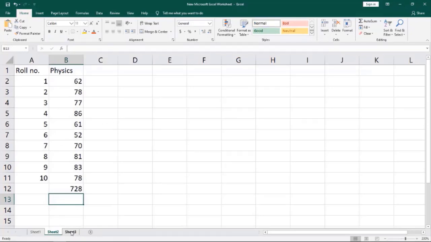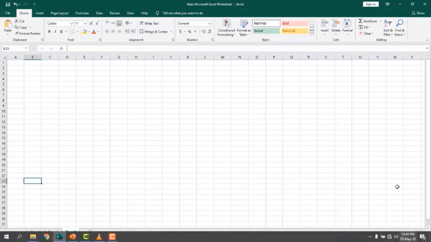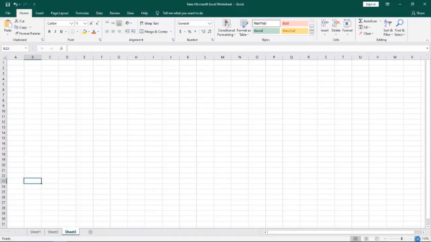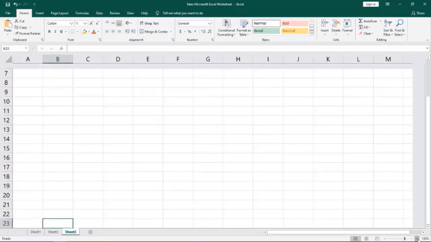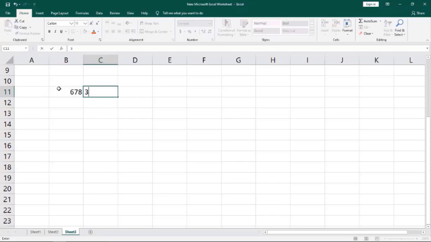Now next we'll see other operators. Let me zoom this one. Now we'll see the subtraction using the minus operator. Let's take two numbers, 678 in one cell, in another cell 324.